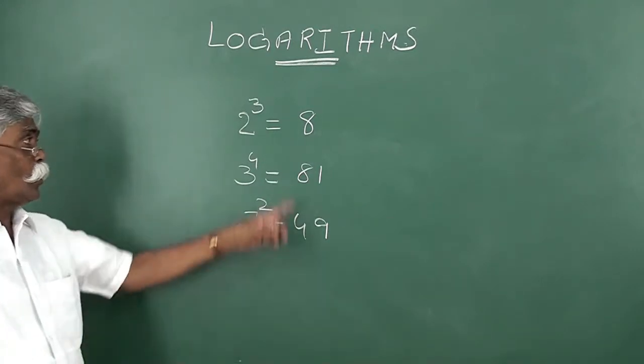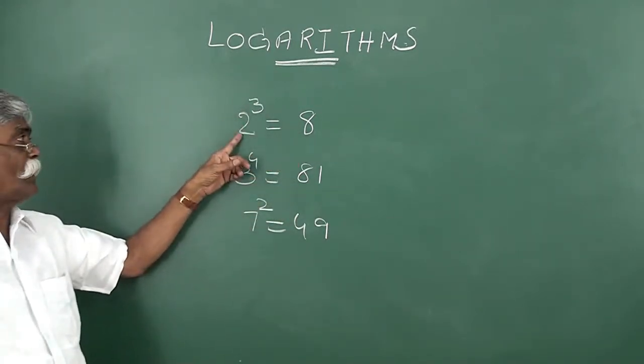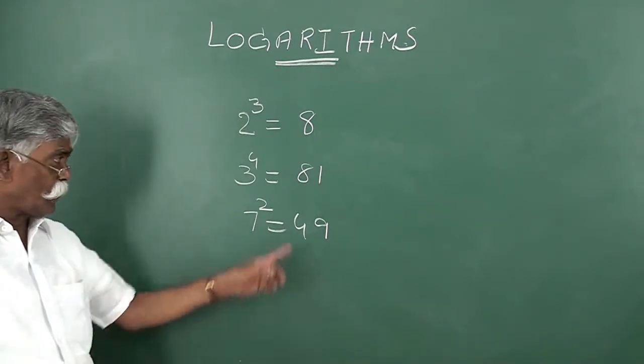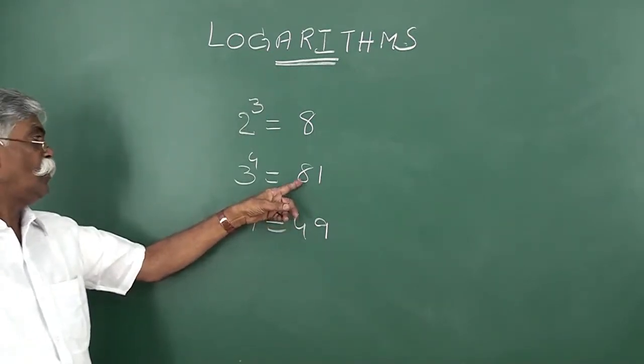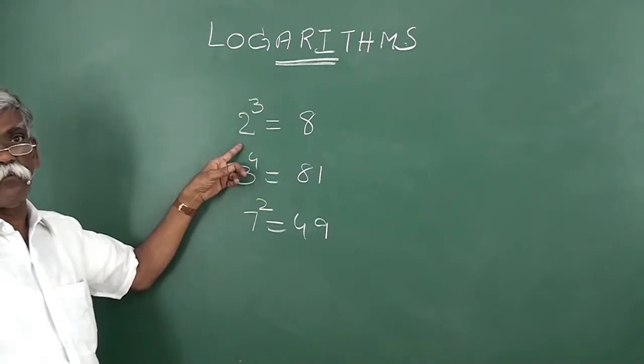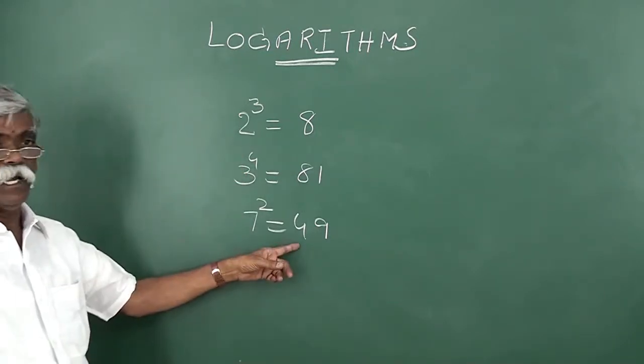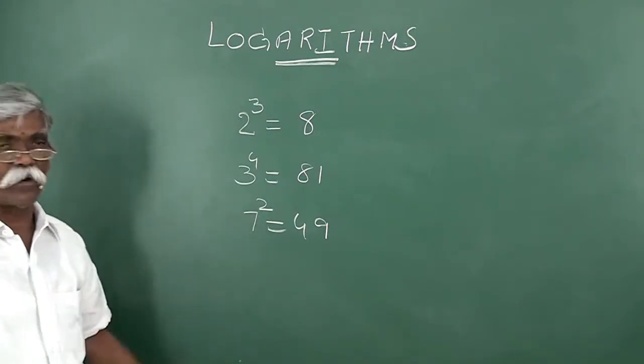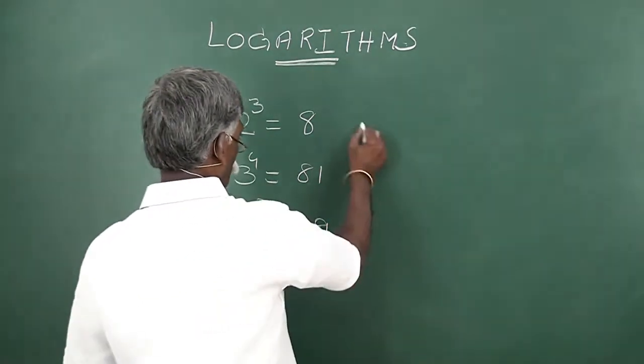Or to get 8, 2 must be raised to the power 3. In the same way, to get 81, 3 must be raised to the power 4. And to get 49, 7 should be raised to the power 2. Therefore,